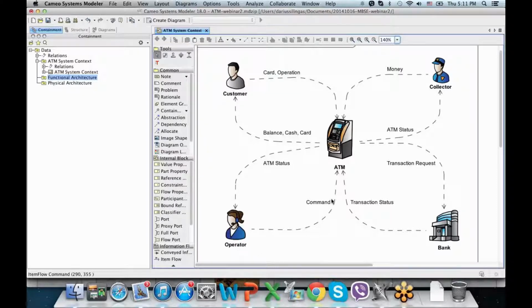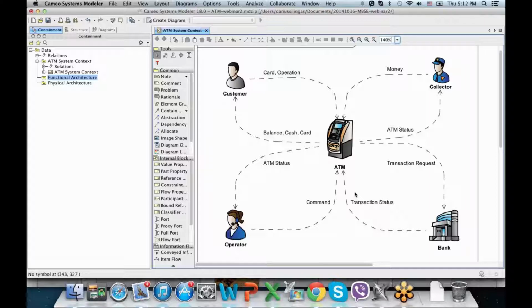There will be also some operators who maybe can check the status of the ATM and then could maybe give some commands whether to restart it or do something else. Then there will be also support people who will need to load cash into the ATM, and they also probably will need some information about the status, about how much cash, for example, is left in the